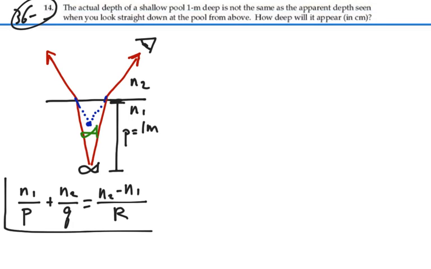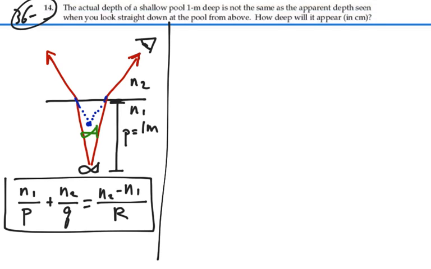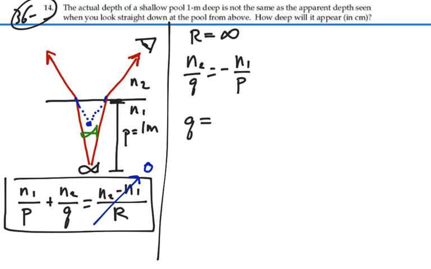The radius of curvature is determined in terms of the location of the center of curvature on the outgoing side of the rays. In this case, though, we have a flat surface, so our radius of curvature is infinity, and hence the second term in this equation is going to be 0. So we'll have that N2 over Q is equal to a negative N1 over P, or solving for Q, Q will equal a negative N2 over N1 times P. So that is our